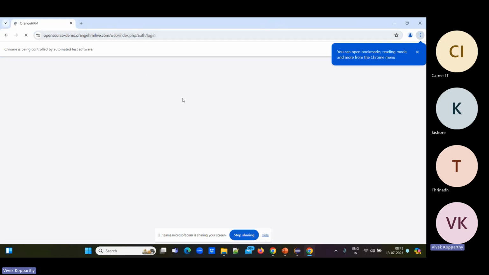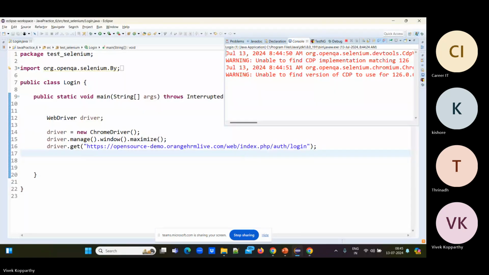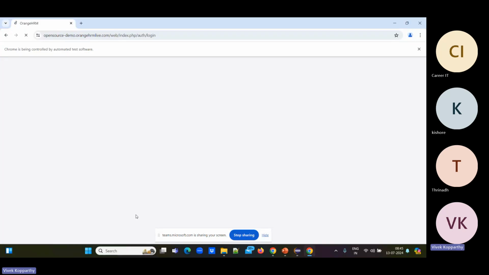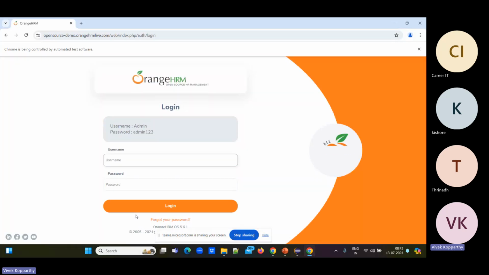Now it's launching this URL. Here you can observe "Chrome is being controlled by automated test software." This is the Chrome opened by Selenium, which is why you see this alert message. The site itself is very slow, it's lagging here. Yes, now you can see it has launched.